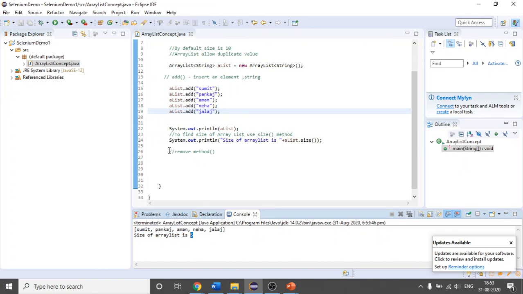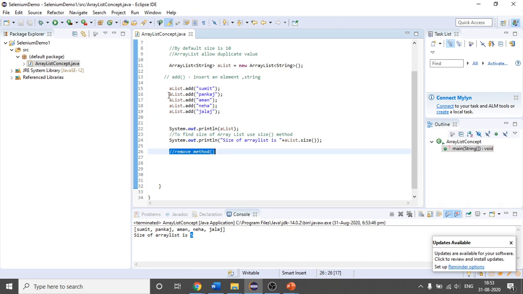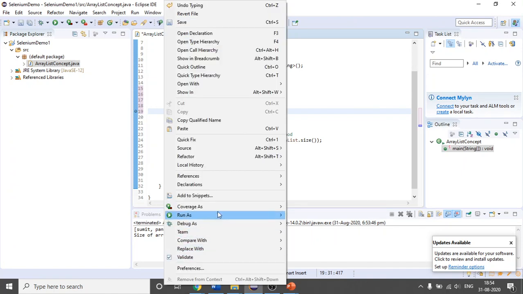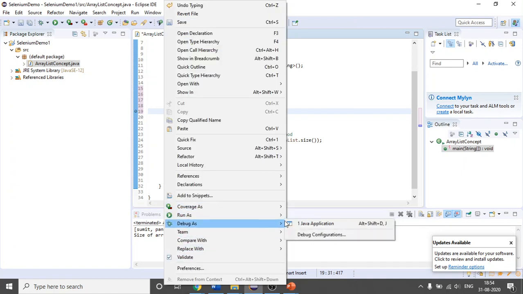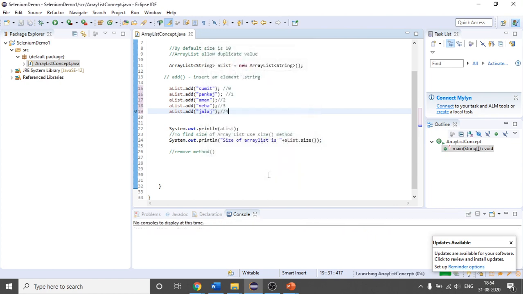So what the remove method will do, suppose you have to remove this Pankaj from the list. You can use the remove method. The index of this is 0, index of this is 1, 2, just like arrays. Also let me debug this, you will be able to know what I'm trying to say.